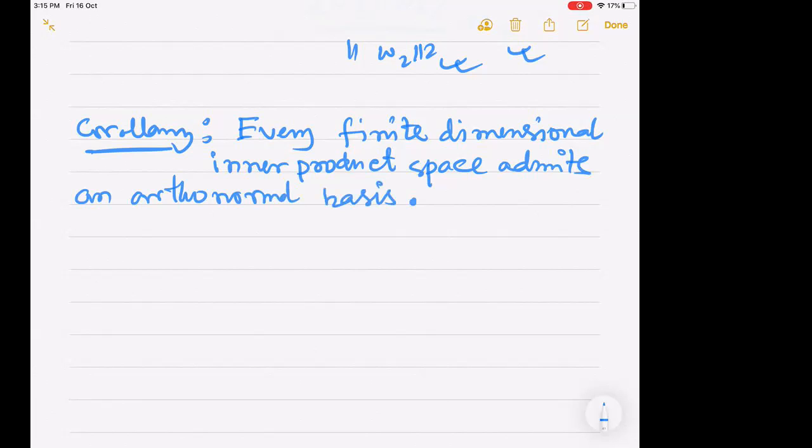Think about this, and when we meet for the third module, we'll see how this idea of an orthonormal basis allows us to get what is known as the best approximation. So till then,